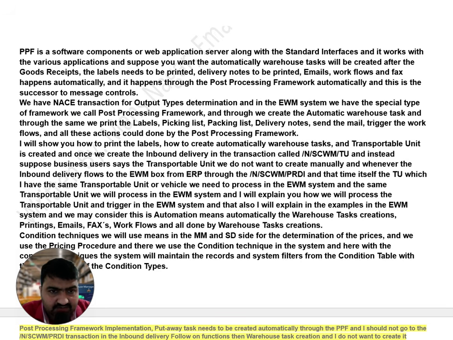The post-processing framework is a software component or web application server along with standard interfaces, and it works with various applications. Suppose you want the warehouse task to be created automatically after the goods receipt.